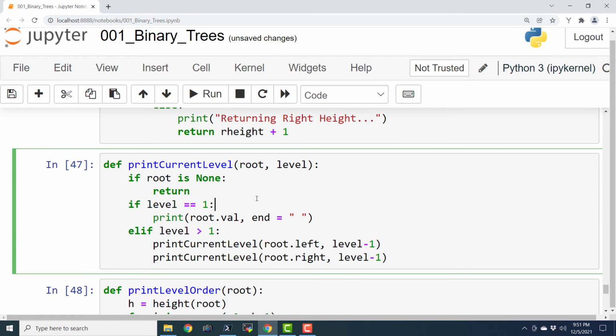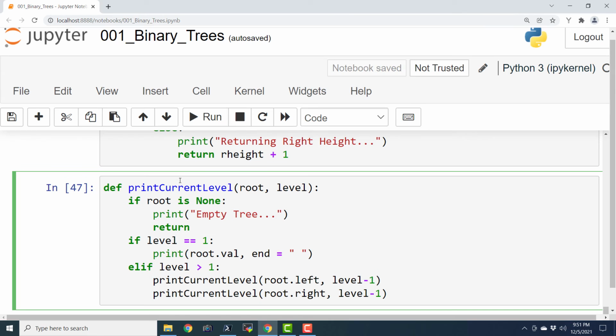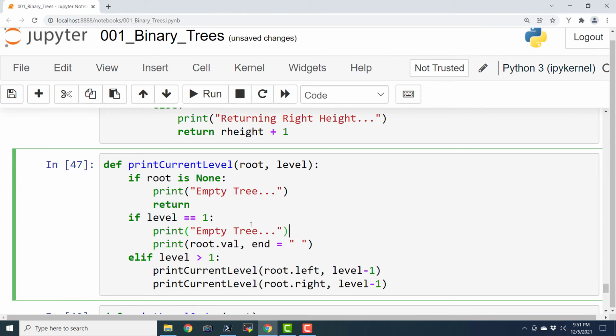Now here we are going to say print current level. Okay, so here I will say print empty tree. Okay, EMPTY TREE. That's it. And here I'm going to say leaf node. Leaf node.